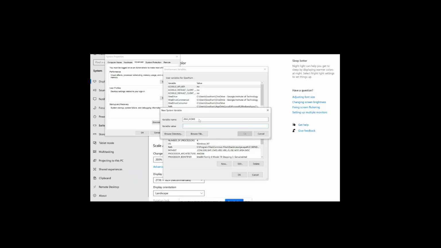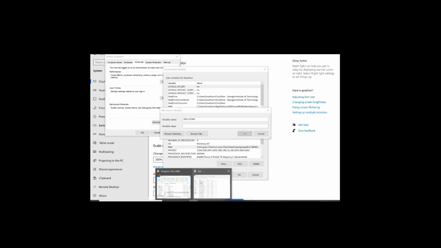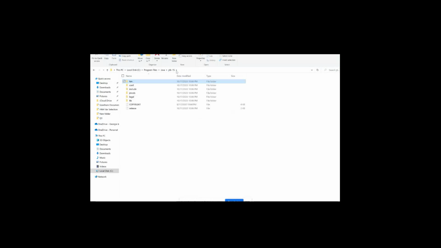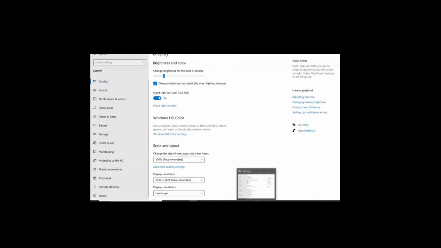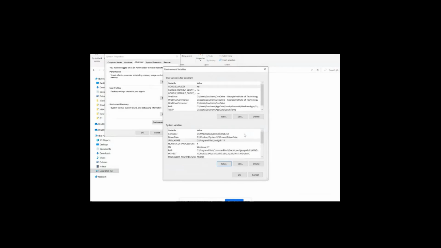In that value you have to write that folder, till JDK, not bin. Just go to that folder, select it and copy paste it there. Then click on OK, and then click on OK.